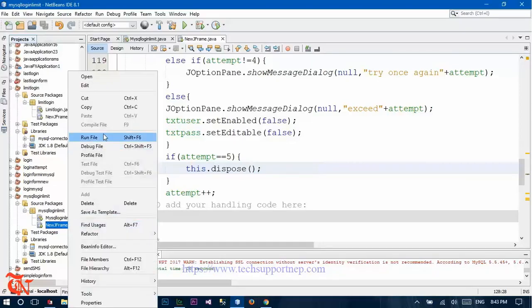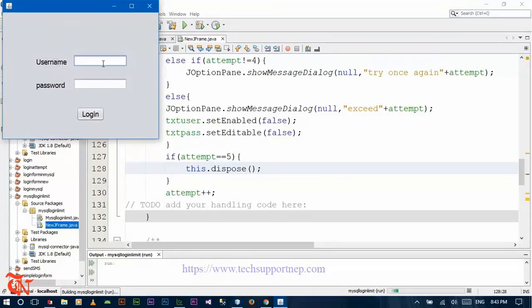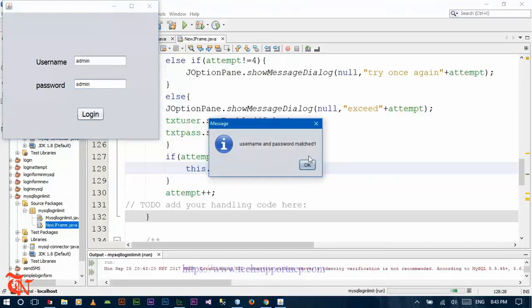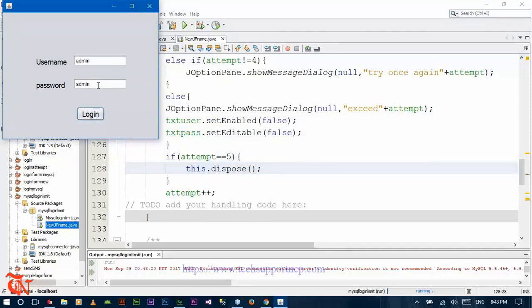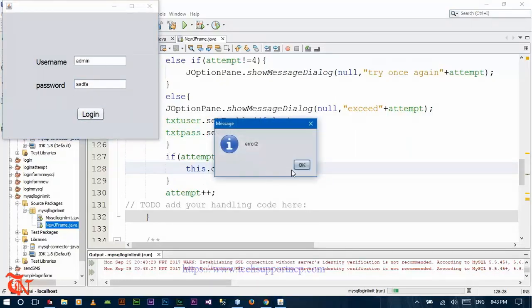So run again, and then let's see admin and admin. That means if you enter the correct username and password, then it should display the message username and password match, and the number of attempt is 1. Otherwise error, the number of attempt is 2, number of attempt is 3, number of attempt is exceeded, and then